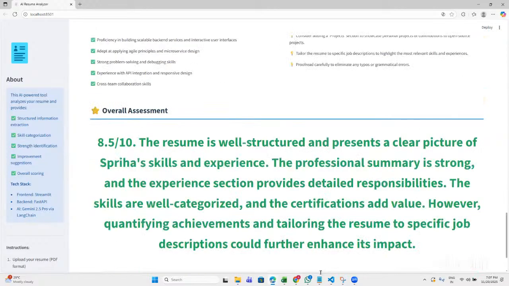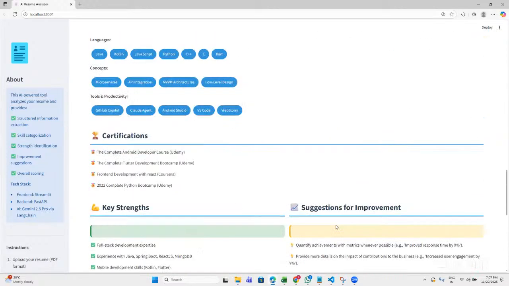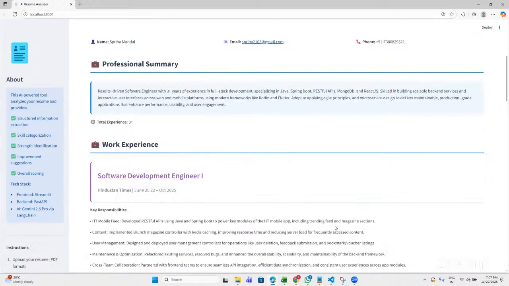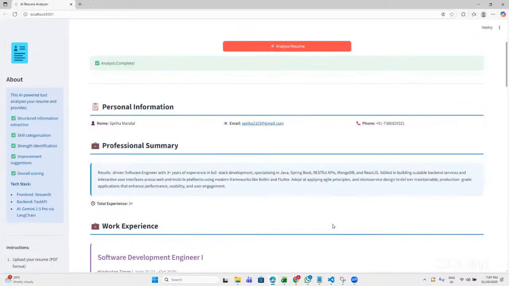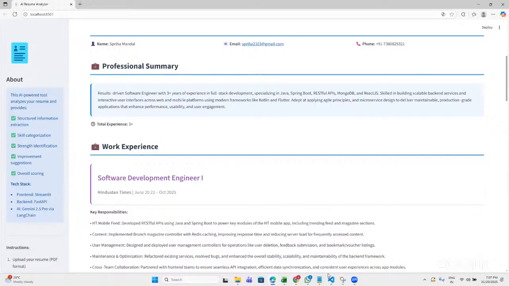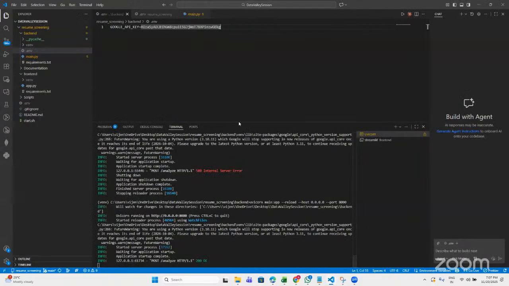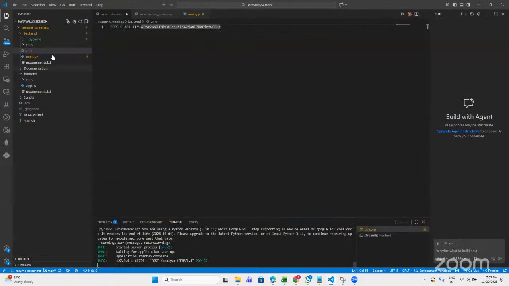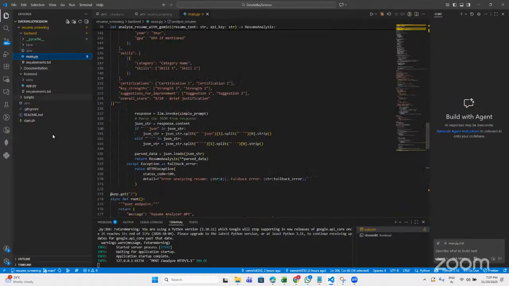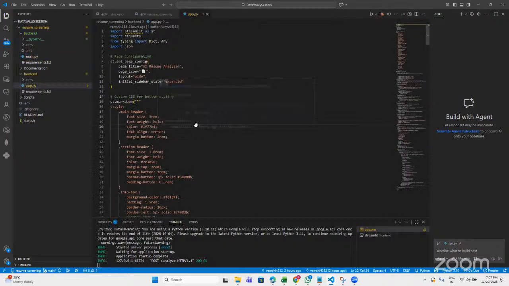So how is it happening under the hood? Okay. So isn't this cool? Now let's look at it under the hood and analyze how exactly it's working. So we have the backend, which is main.py. And like I said, let's look at the front end code first. It's simpler. So app.py is the front end code. Front end code basically consists of Streamlit code,